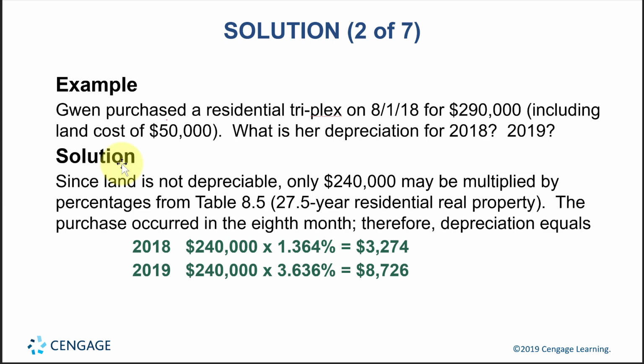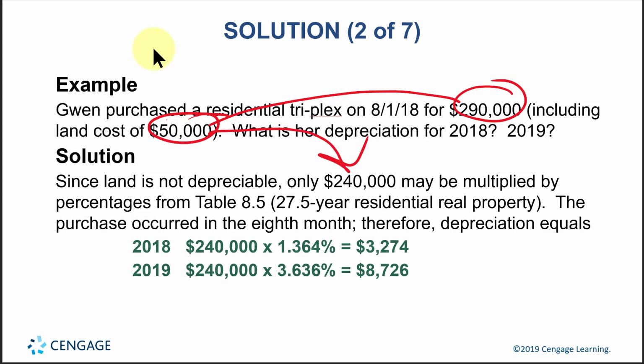So here's an example where we have Gwen buying a residential property in the month of August for a total cost of $290,000. That includes land of $50,000. So we know you can't depreciate the whole $290,000. You have to reduce the total price by whatever we allocate to land, and then that comes out to only $240,000. And now for each year, we use the same cost going down this depreciation schedule, and we multiply it